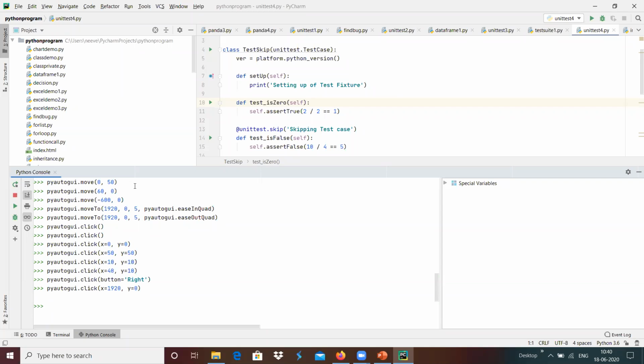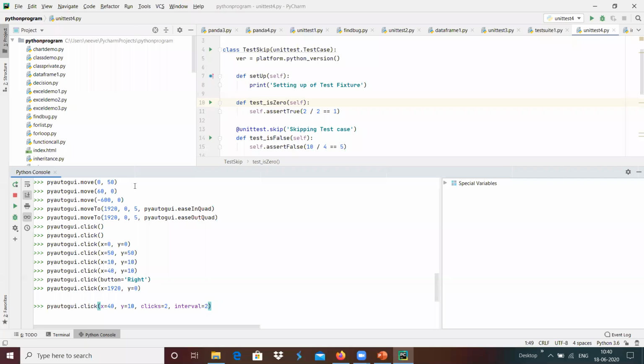I'm going to give the option x equal to 40 and y equal to 10, and clicks equals 2 over here, and the interval, I'm going to give an interval of 2.